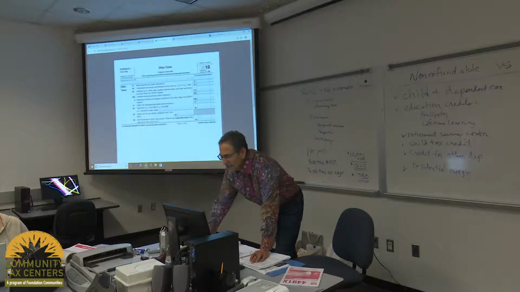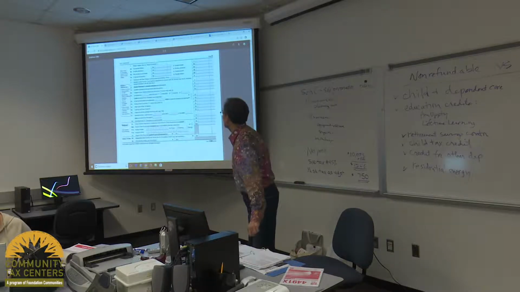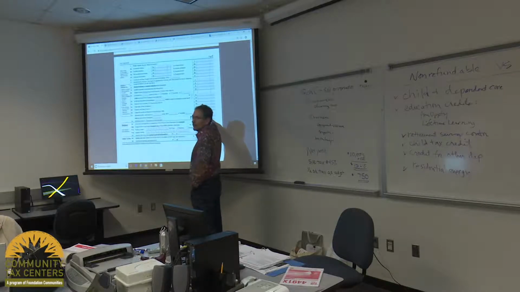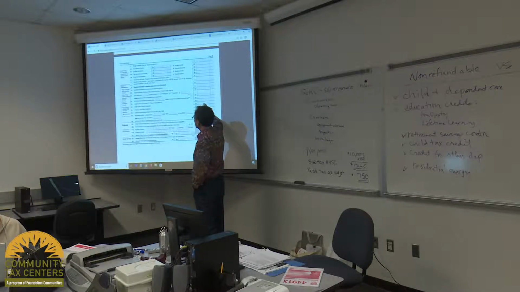So all of these lines get added up, similar to the other schedules, and it subtotals to row 64, which says add the amounts in the far right column. These are your total other taxes. Enter here and on Form 1040 line 14. So if we go back to the 1040, Schedule 4 results flow through right here as other taxes. And then you've got total tax, which is 13 plus 14. Okay, so if they have a liability at that point,